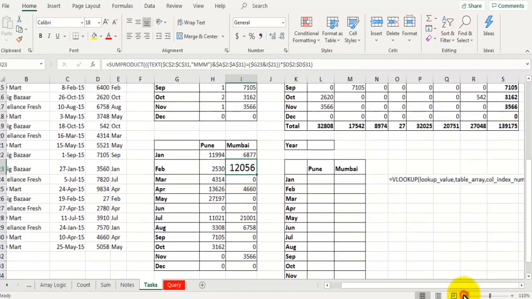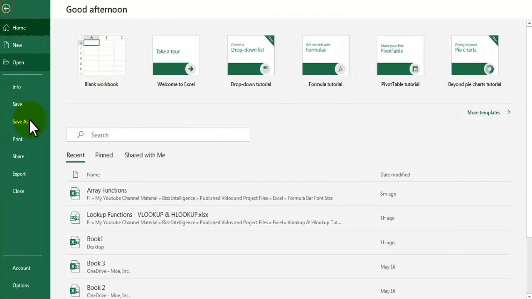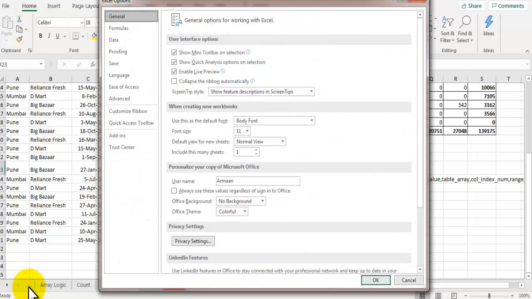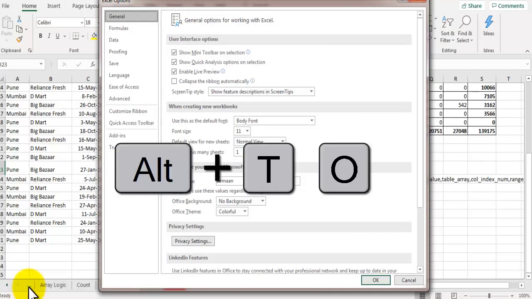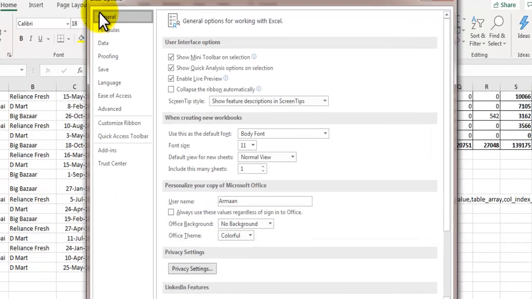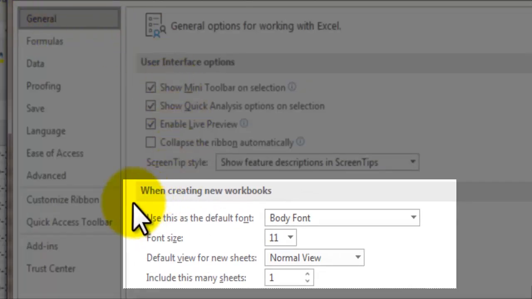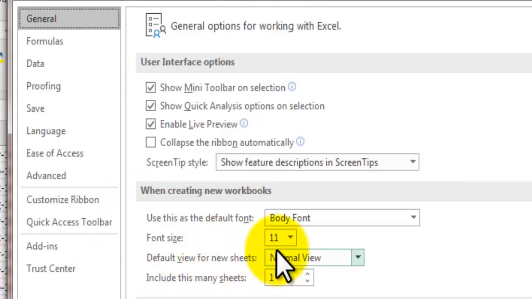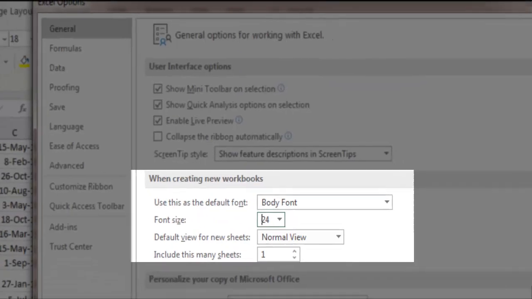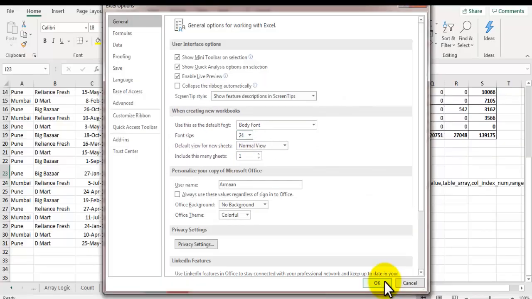If I increase the zoom level, that also does not affect the font size of the formula bar. To increase the font size of the formula bar, we need to go to File and click on Options. Or you can also use the shortcut key Alt-T-O to open Excel options. Here under the General section, we are going to set the default font size for the new Excel workbook. So we will go to the When creating new workbooks section, and here we will set the font size. So let's select 24 instead of 11 and click on OK,